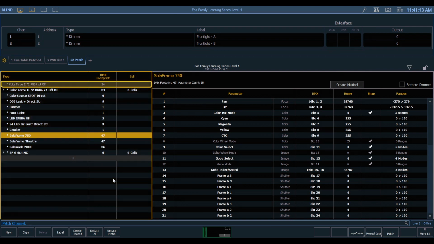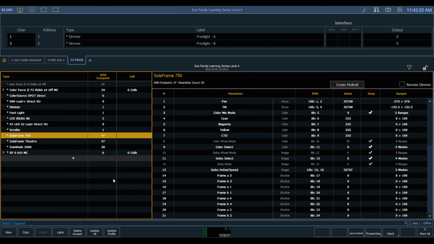You'll notice the one at the very top is grayed out. What that means is that fixture type is stored in the show file, but it's not actually patched in our show right now. You'll also see that all of my fixture profiles currently have an asterisk here. So just like the asterisk in Patch, what this means is that the profile in the main EOS library is different than the fixture profile we have here in this show file. This could have been because the library has been updated since we patched this show, or it could mean we've made edits to the fixture profile, which then makes it different from the library.